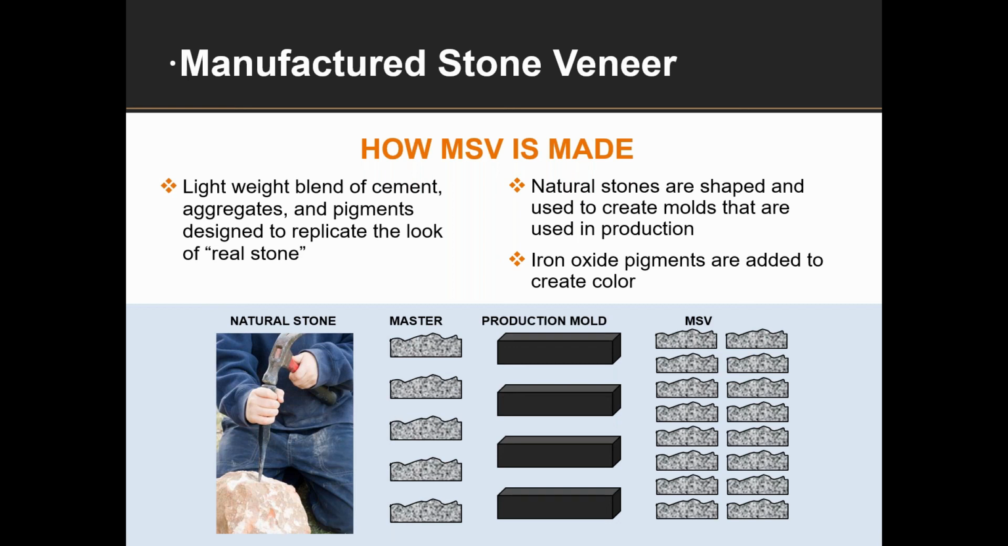Then the natural stones will be laid out on a table, and this is called a master. From there, a number of layers of latex will be applied over the natural stones to capture the essence of the stone, all the little details that are found on that natural stone. Now, once many layers have been applied, it's cured. That mold is extracted and removed from the natural stones. And what results is a production mold with cavities from the natural stones that we can now use to make